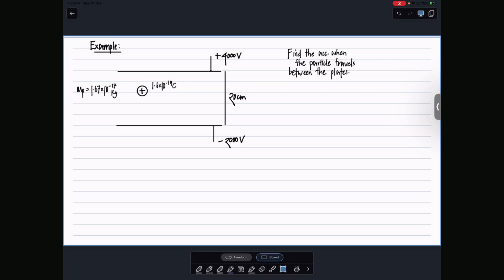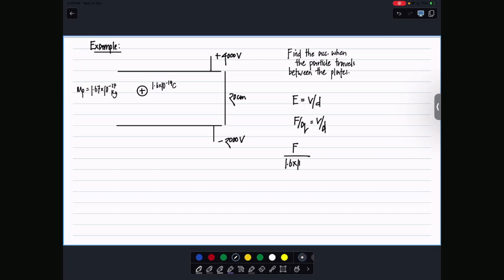So first of all, for acceleration, what do you need to know about the particle? The force. F equals ma, right? How can I find the force? I know that E equals V by D. But we also know that E is equal to F by Q, correct? So F by Q is equal to V by D. You have to use this relationship to find F. Q is the charge, which is